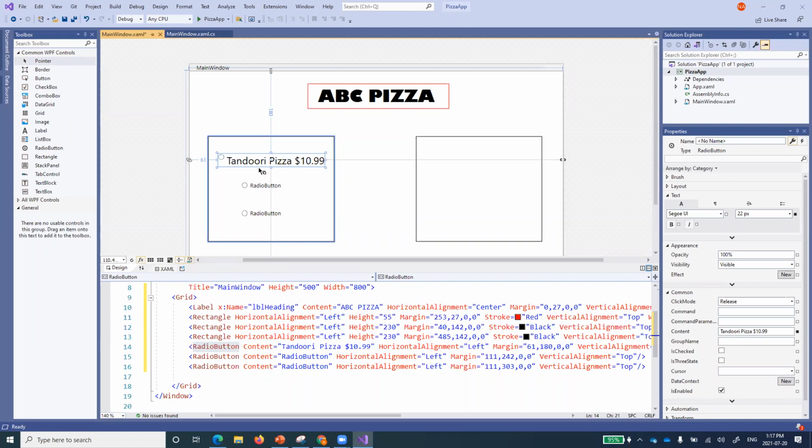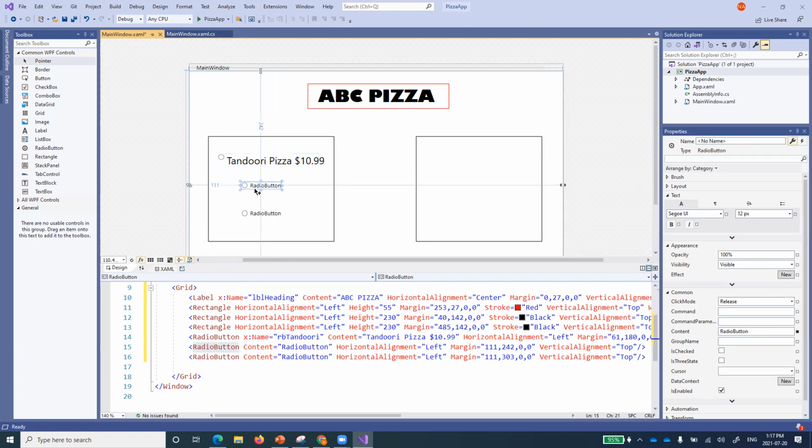With respect to the UI, naming, yes. So always name that. So you come over here and I can call it. So, it's a radio button. So usually what we do for radio button, we say RB. And for example, I say tandoori, right? So just for remembering the name, RB. So it's a radio button that has tandoori pizza in it, right?